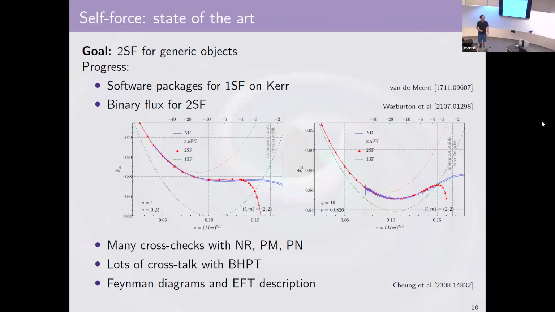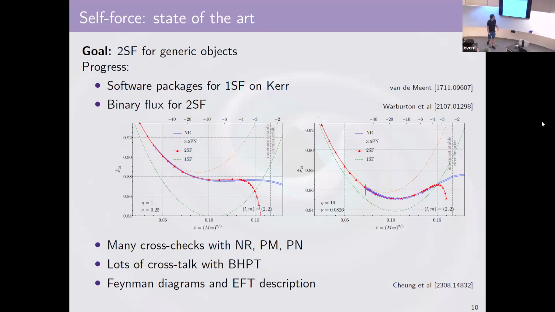Okay, so again, going to be very brief on this part. The state of the art for self-force, the goal is to get to second order in self-force. As I said, this is where the actual problems kick in. The progress in that direction is that essentially 1SF is solved. I guess for this community, it's definitely solved, that there are semi-analytic packages out there that can do more or less whatever observables you want out of whatever reasonable spacetimes you want as your background metric for 1SF.